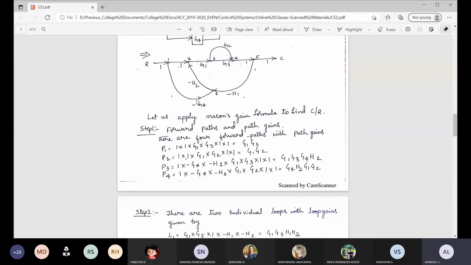Correct? So if I go from node number 6 to node number 2, so there what exactly happens? I should go to only node number 3, node number 3 to node number 4, node number 4 to node number 5. From node number 5, to 6 only I can come back. But I started from where? I started from node number 1. I cannot get a way to go to node number 1 once again.